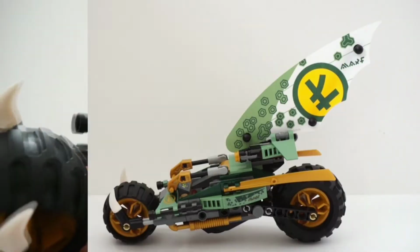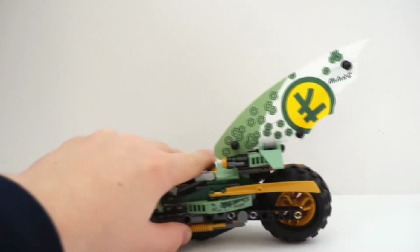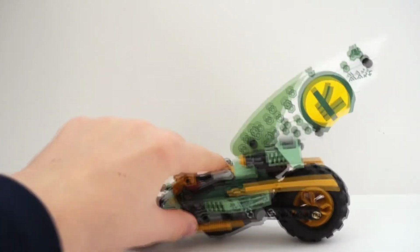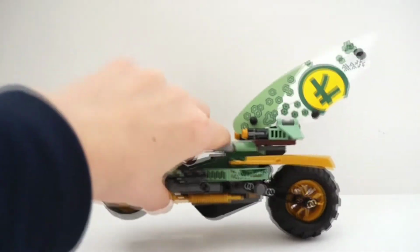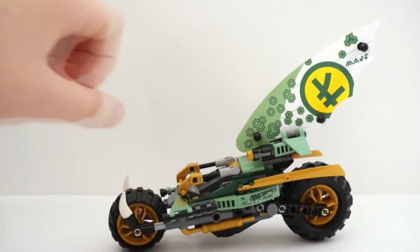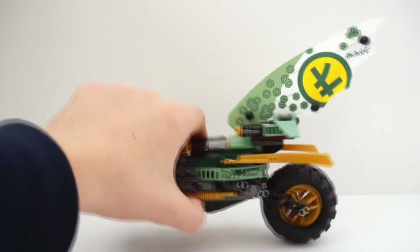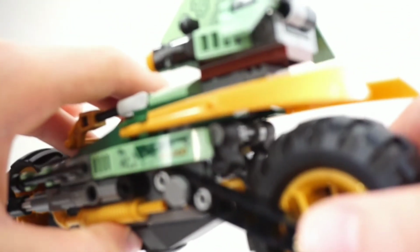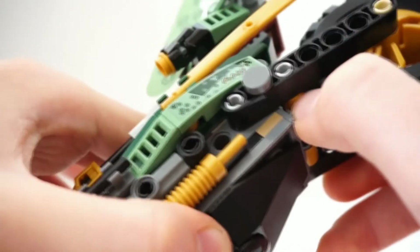with his armor. My favorite feature of the set is that it has suspension, which is so cool. It works so smooth. I could really do this all day. And I think this is the first Ninjago bike that had suspension, which is really cool. If you want to know how it works, you can see there's 2 rubber bushings inside, and those get pushed in by those golden